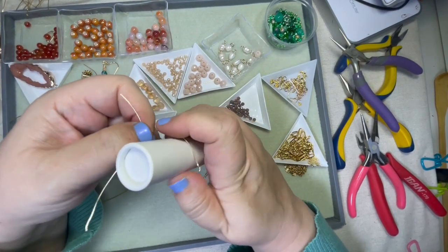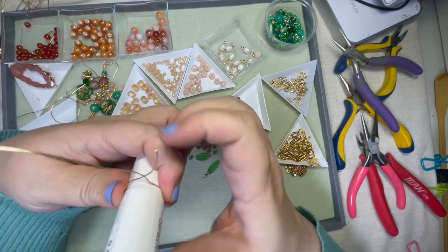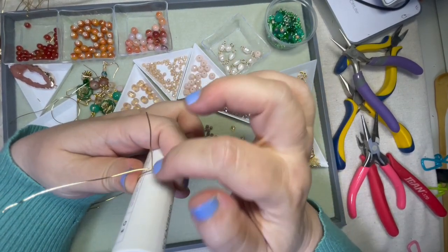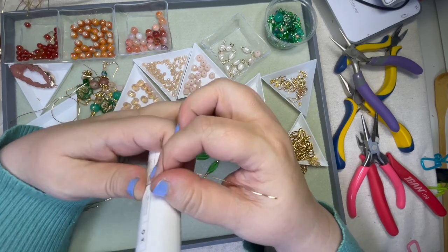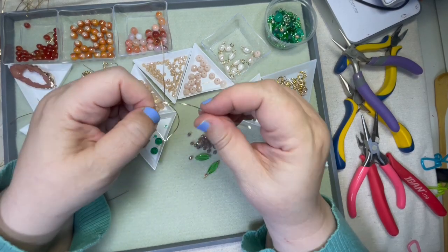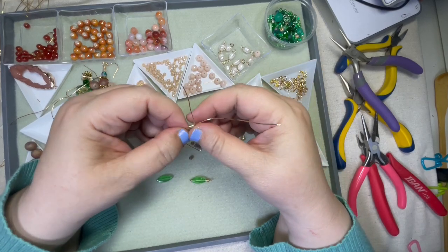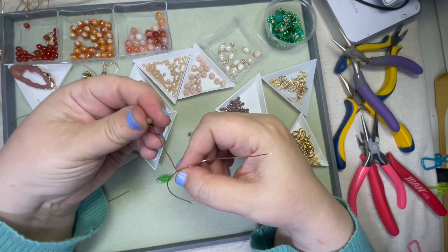And come back with our round piece that we had. Come back with that. And what I'm doing right now is I'm just seeing, like right here, I want to make that straight because we're going to wrap around that this way. See that? But we don't want to tie anything yet because we're going to put our beads and our drop on here. So once you have it, you're going to unwrap it just very gently. This is 22 gauge wire, so it's very malleable. So you just want to be a little bit gentle. And you're going to start stringing on your